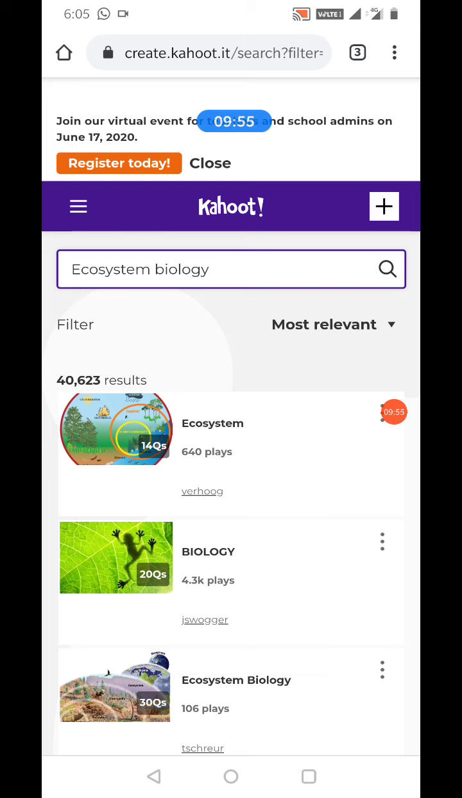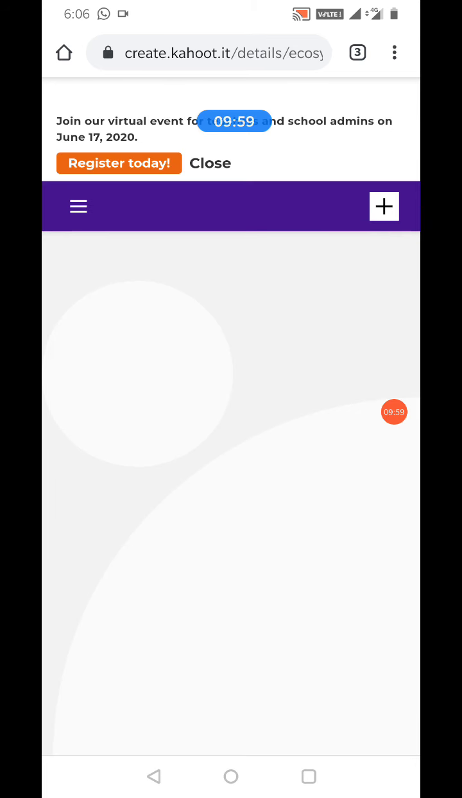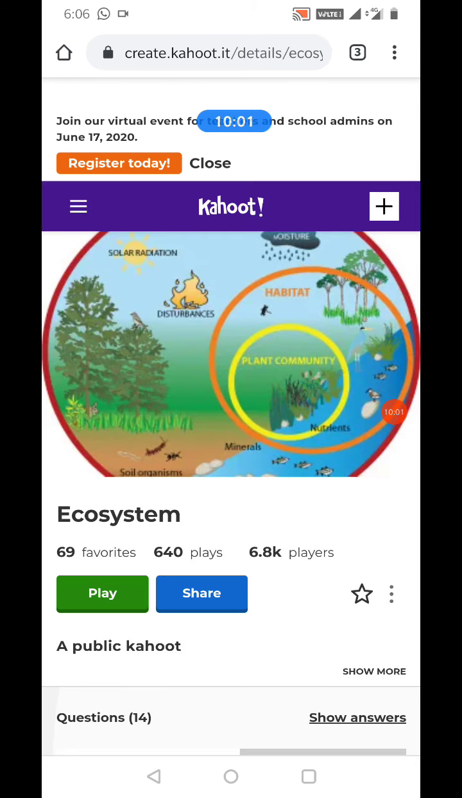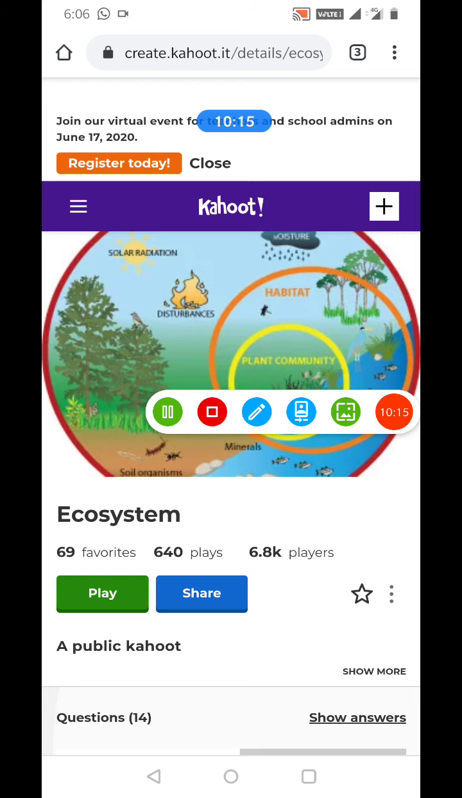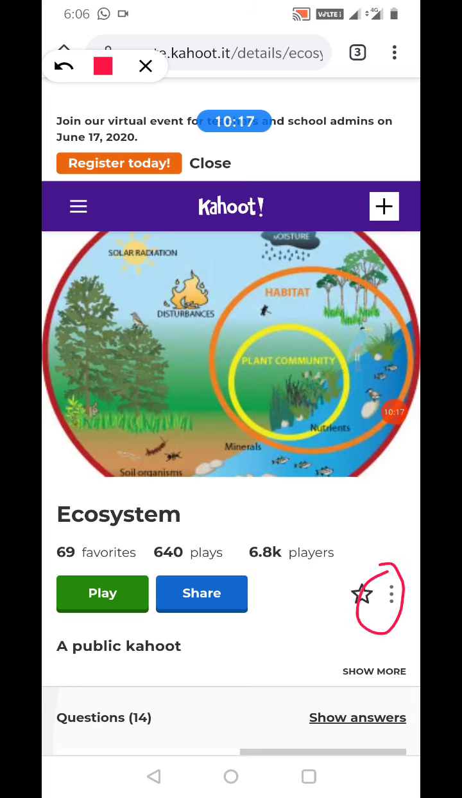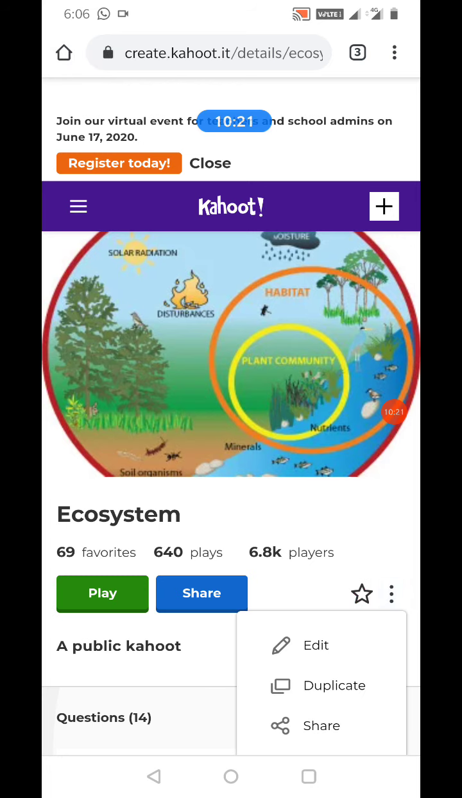One important thing is that if you don't like any question, or if you feel that it's not relevant to your topic, you can edit it. But because it was from the library, you cannot directly edit it. For this, you have to click again on these vertical three dots. On clicking on it, it gives an option